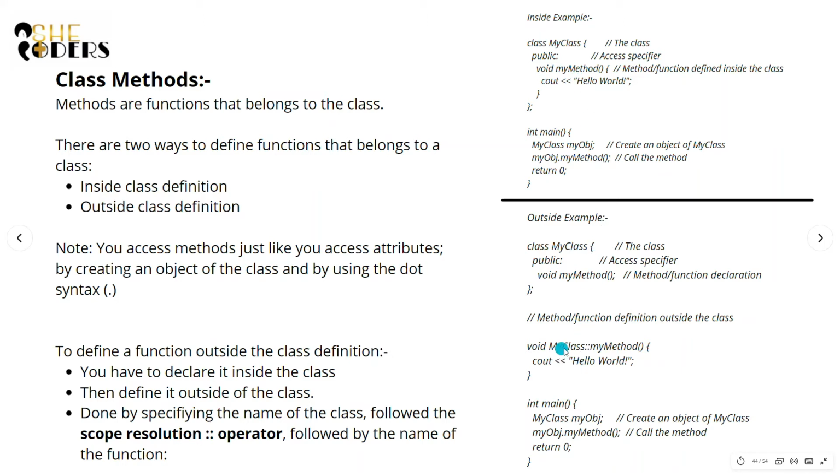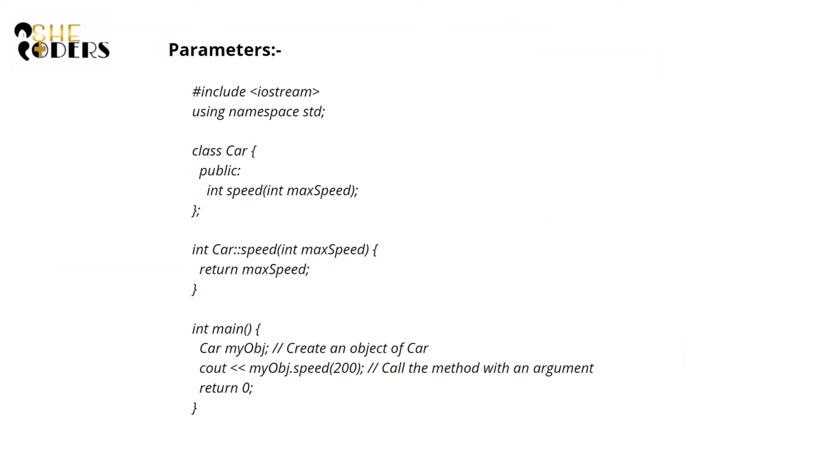But when we want to define any function outside the class, we need to use the scope resolution operator. Notice you need to access the methods just like you access attributes, by creating an object of the class and using the dot operator. So there is no difference, but obviously, why introduce such a thing? There must be something it is used for. That is a higher level of thing, so you will learn further when you get the basic knowledge about C++.